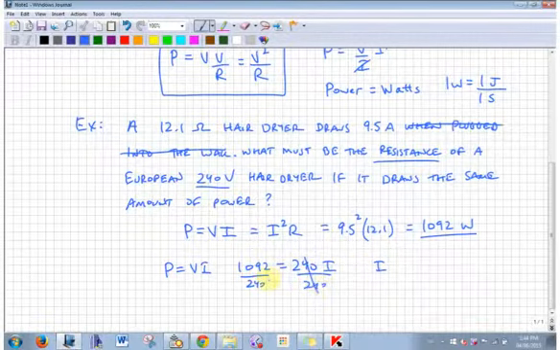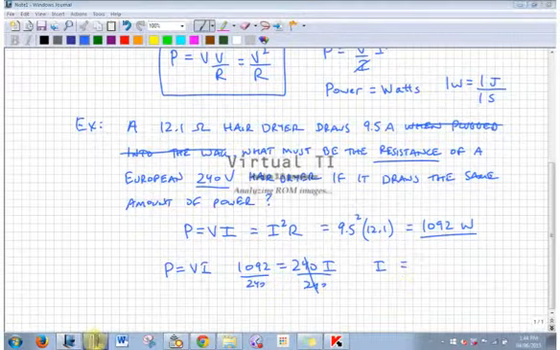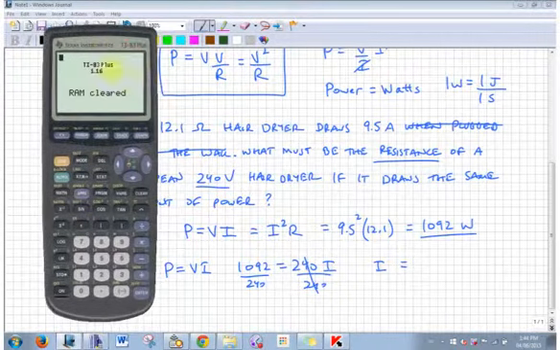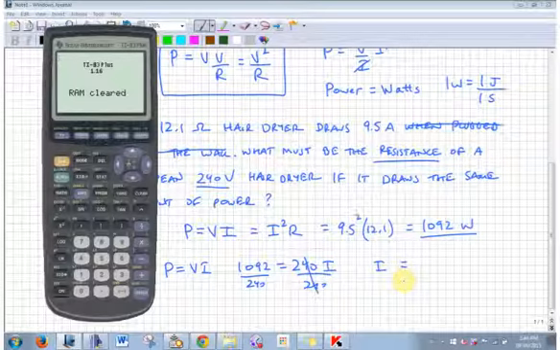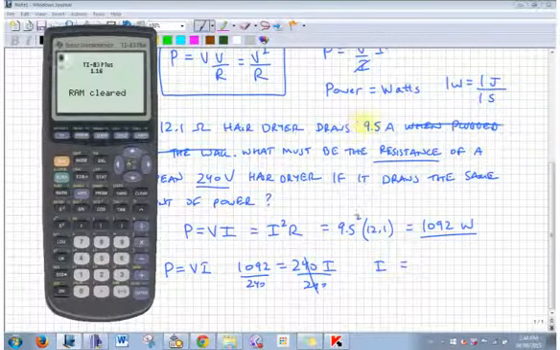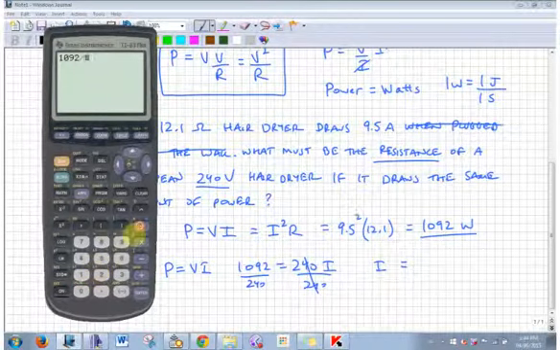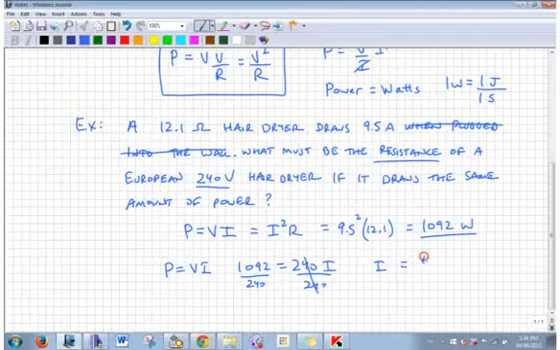It's 1,092 divided by 240, which is what? Is the current of this thing 9.5 amps? Just because it says that for the last one, don't assume it's this one, okay? It's 4.55